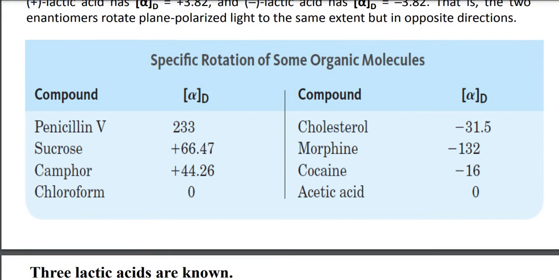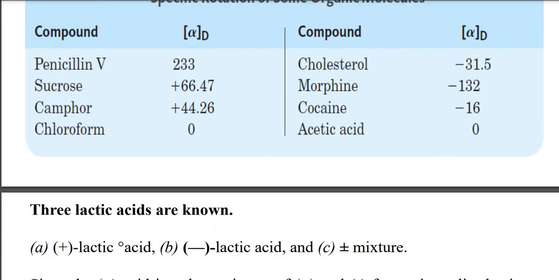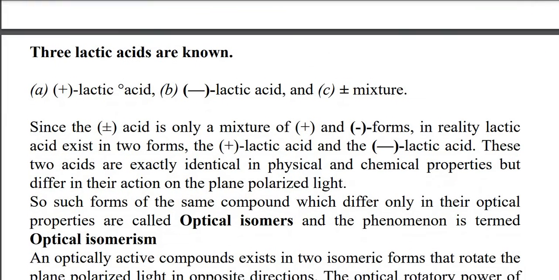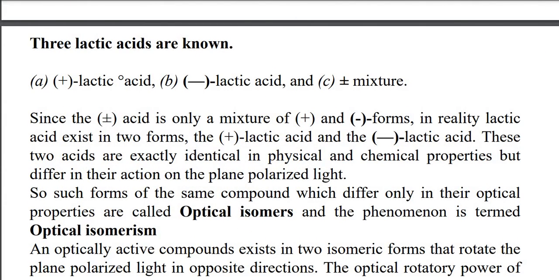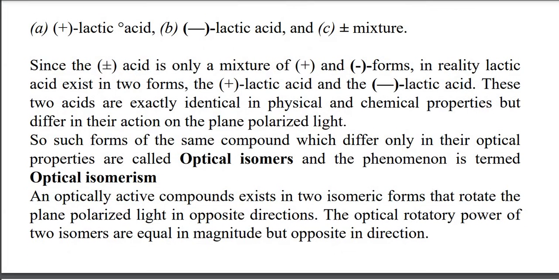Now you can see penicillin V 233.33, sucrose plus 66.47, camphor 44.26, chloroform 0, cholesterol minus 31.5, morphine minus 132, cocaine minus 16, and acetic acid 0. So three lactic acids are known: plus lactic acid, minus lactic acid, and plus-minus lactic acid, the racemic